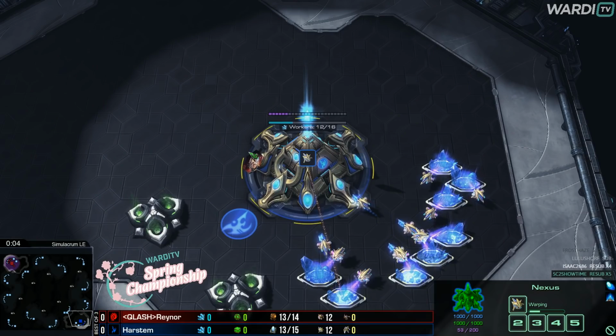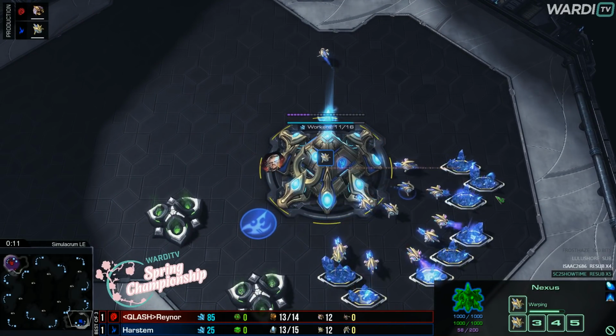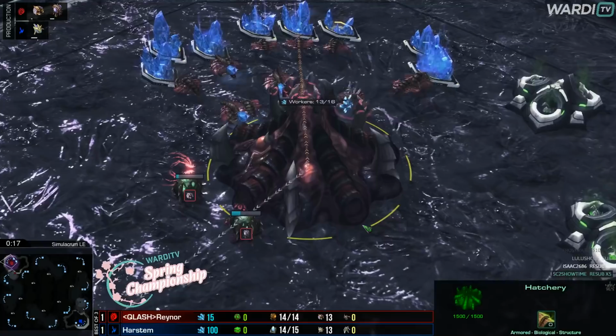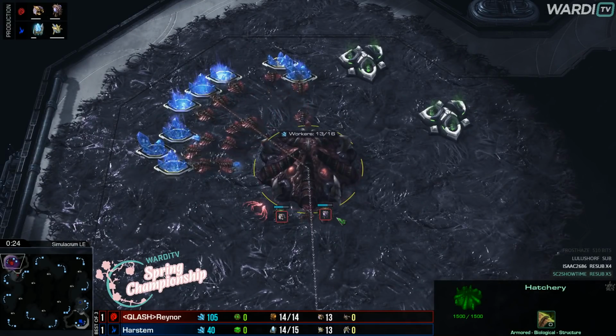A pretty awesome game from Harstem, who's our blue Protoss in the bottom right-hand side. I feel like it gives us a lot of hope going into this third map now. Especially if our red Zerg player in the top left-hand side gets a bit of a better start into the game. If we get a macro game where they both start...